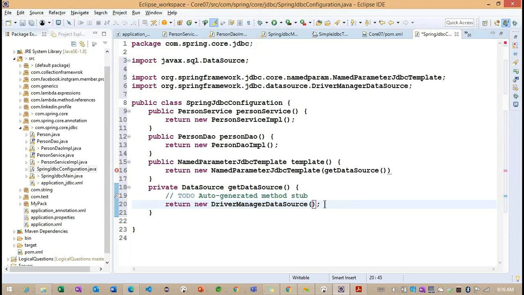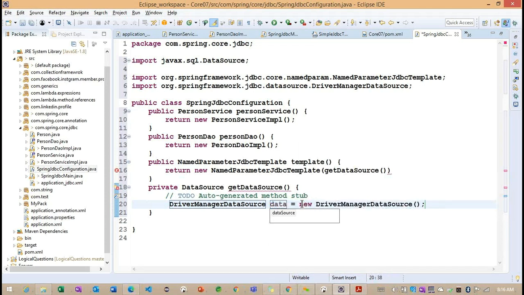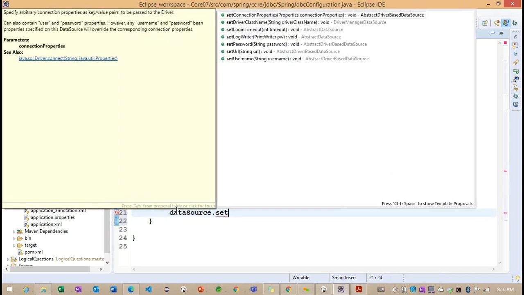Instead of specifying the constructor information, we'll remove the return and create the data source object. With the help of this data source, I want to provide all the properties.